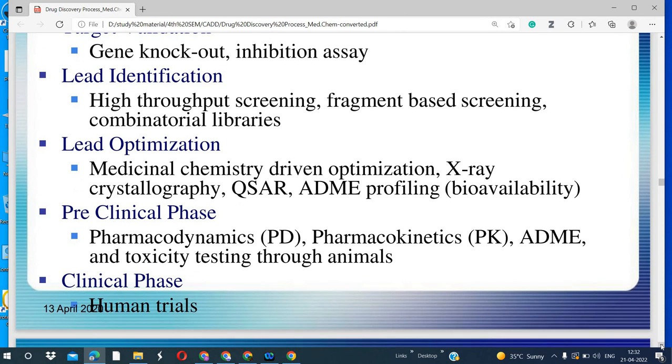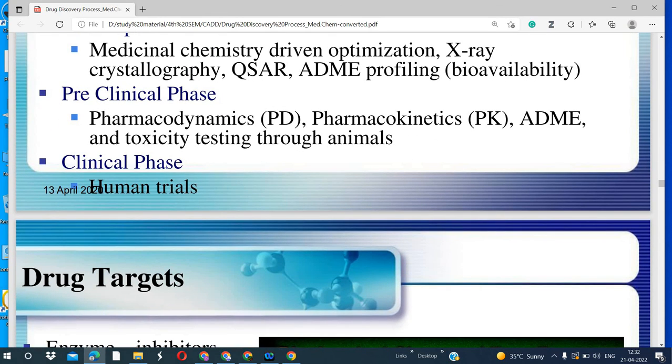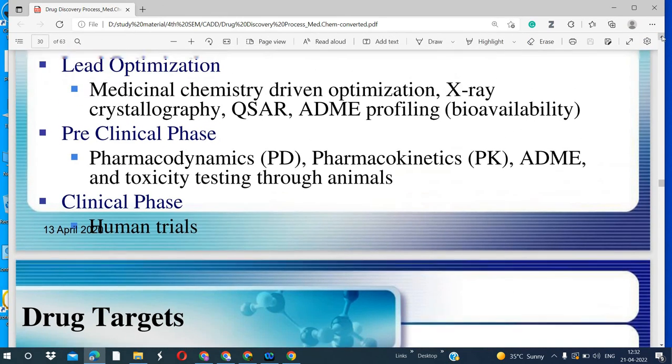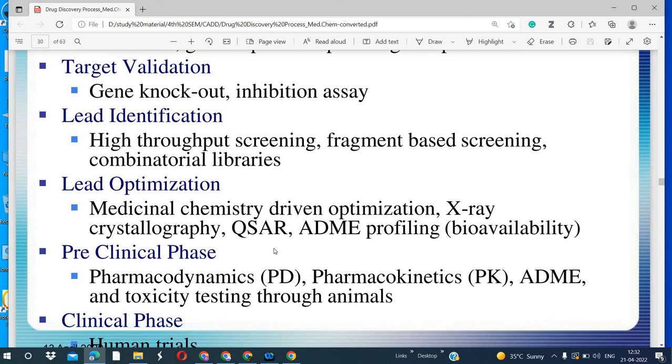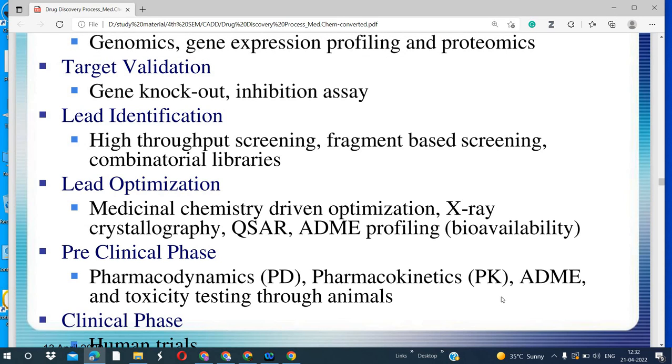Then we proceed to the clinical phase trials, which are actually carried out on human patients, because they are facing life-threatening diseases like AIDS and other diseases, or they are old age patients on whom this can be used. So this was all about the preclinical phase. Now you have a clear concept of the different steps, in which we use different kinds of methods.